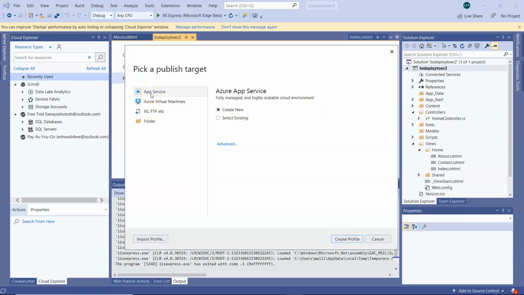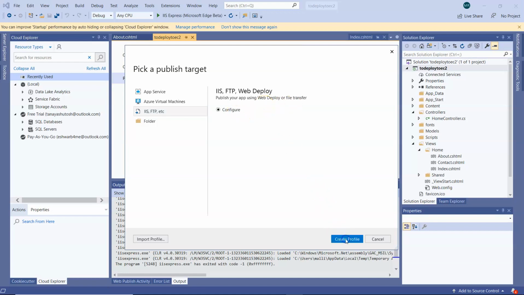App Service is a managed service from Azure. Azure Virtual Machine is again infrastructure as a service from Azure, but we are going with the AWS EC2 instance and through the web deploy method. So select IaaS FTP. Under this you can see publish your app using web deploy or file transfer. We have already configured the web deploy on the EC2 instance, hence we can straightaway go.